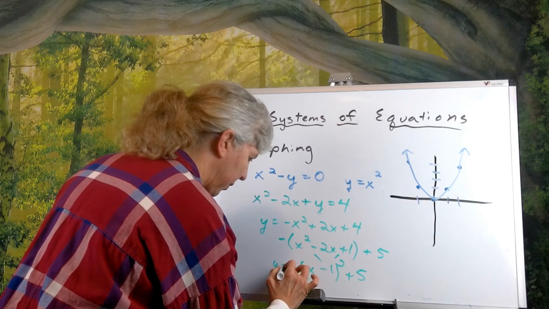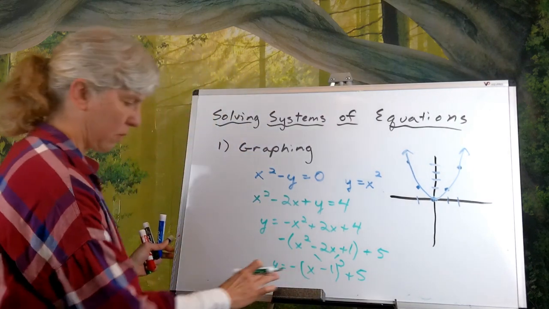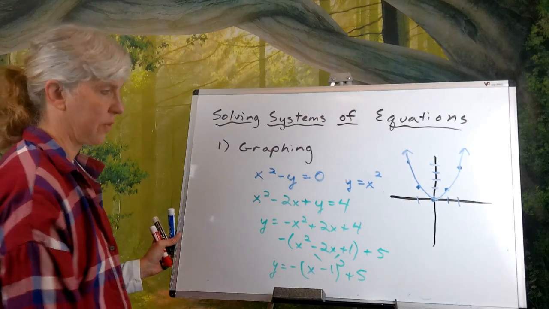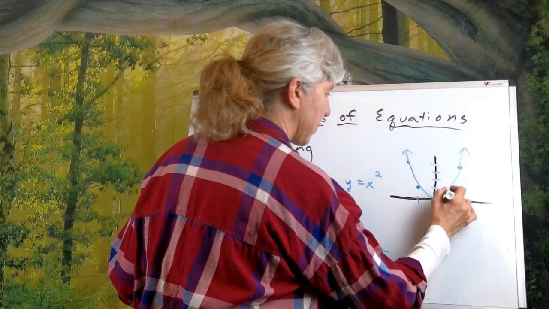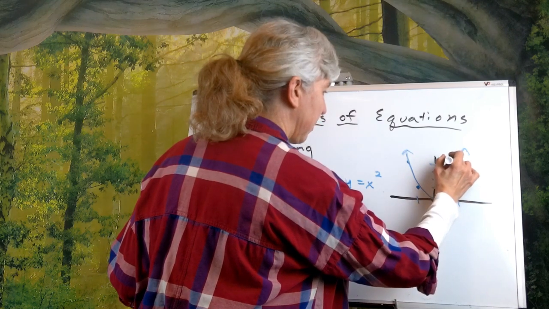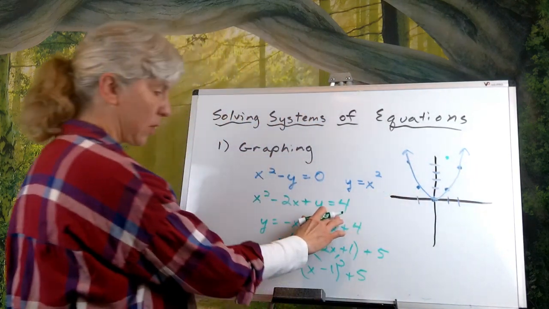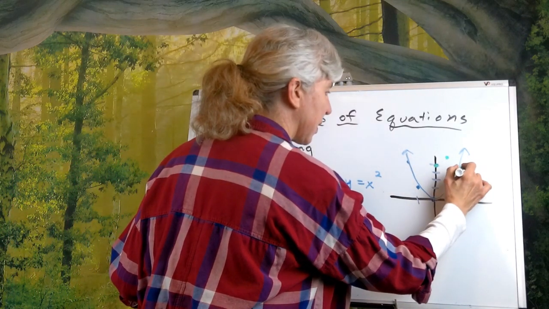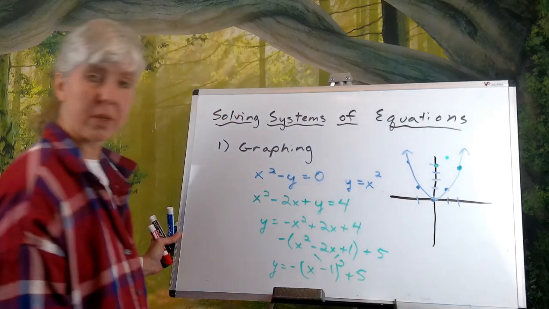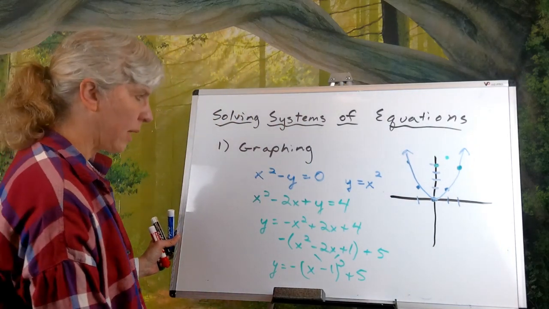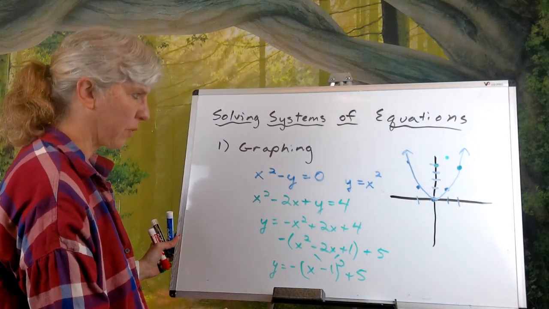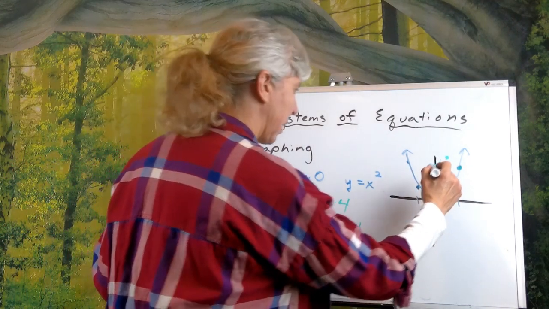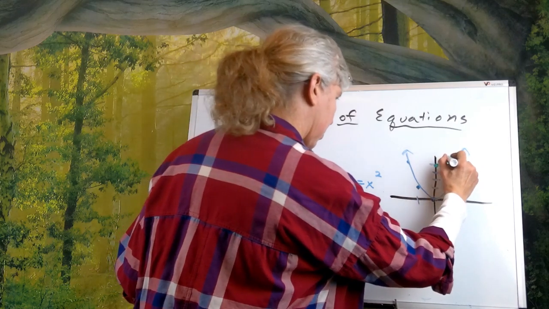So my parabola is opening down. It's negative, with a vertex of 1, 5. So my vertex is 1, 1, 2, 3, 4, 5. It has a nice y-intercept of 4. Oh, that looks nice. There's one of my intersection points right there. And then we can pick another nice point for it to go through so that we can find where it intersects nicely. But it should go something like